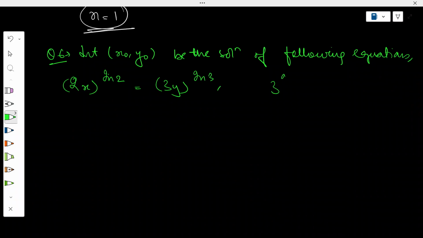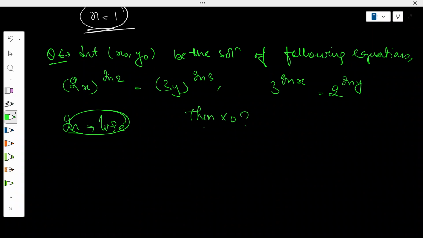The second equation is 3 to the power ln x is equal to 2 to the power ln y. Here ln basically means log base e, a short form of writing this, so you need not worry about the base. Then the value of x0 will be